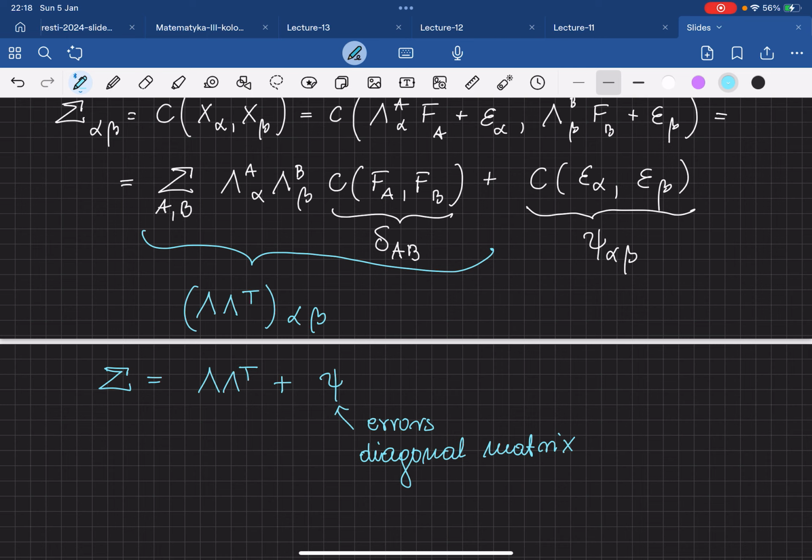Note that in this splitting of the correlation matrix into the part that comes from factors and the part that comes from errors, the diagonal part, there is some freedom of definition of those